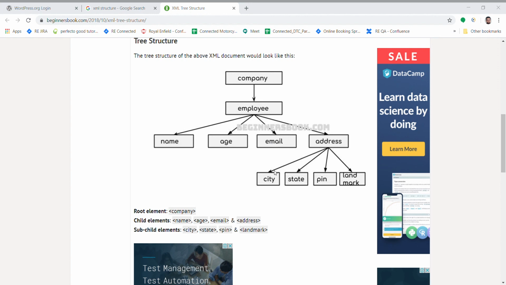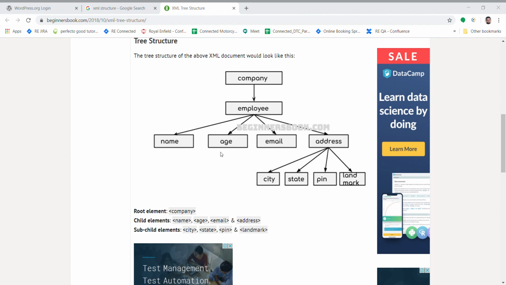With the help of that, we can navigate from this element to this element, this element to this element, or we can even traverse back. We can come to email, then go to employee, then go to address, then city, then we can come to state, and then we can go to address. By using one of those axes, we can travel to that element. We will discuss that practically.